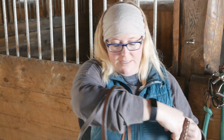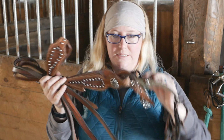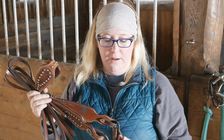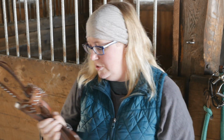So my daughter's horse gets along just fine. He'll neck rein, he'll do whatever she wants him to do in a snaffle bit, but she can't show him unless he's wearing this. And this is one that we've found that he tolerates generally well. He doesn't mind this bit. So we let him, and she has very quiet hands, but she's still a kid, and she's had lots of riding lessons, and I feel like some of those rules